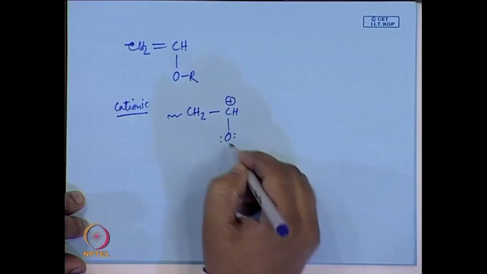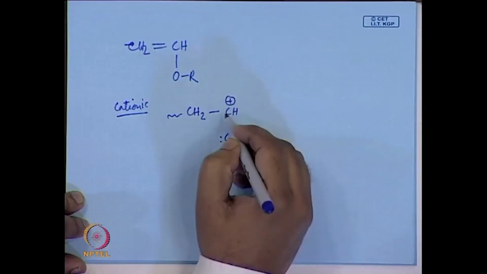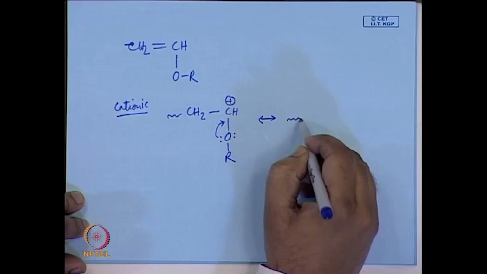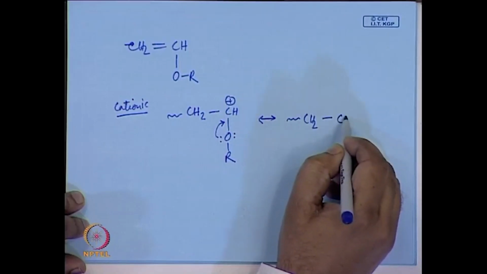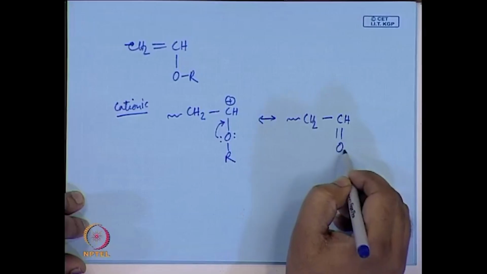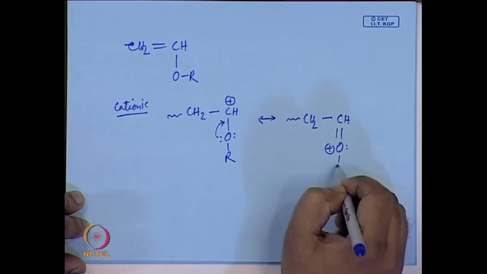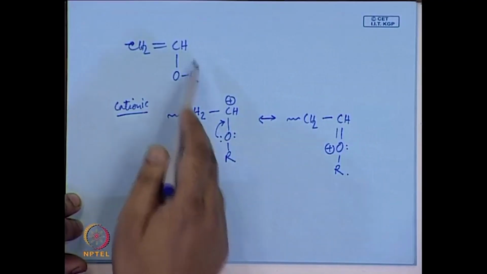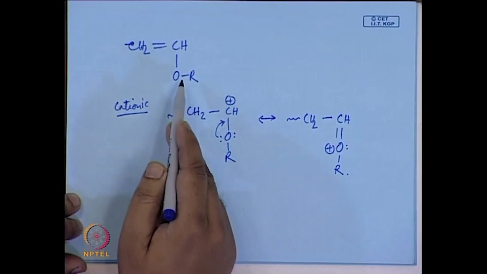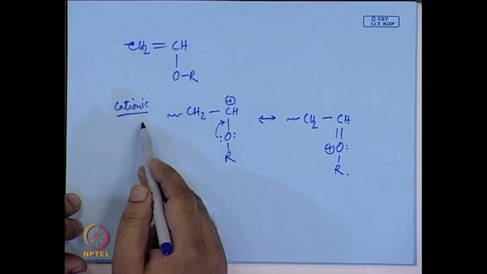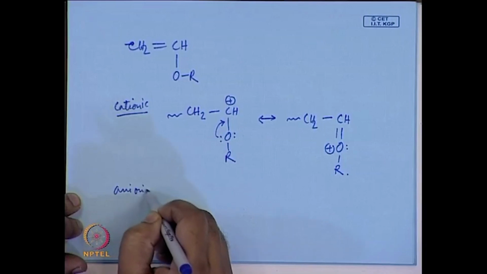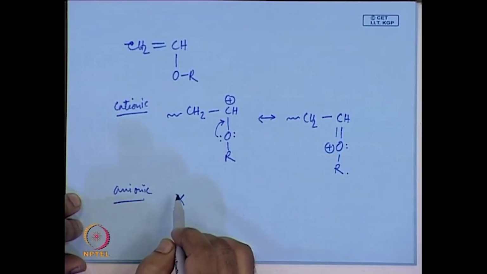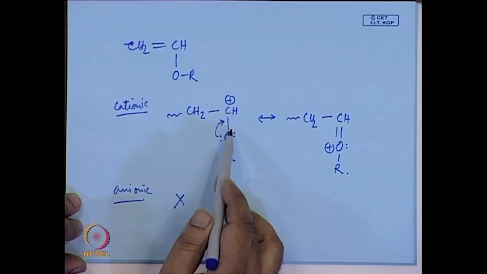Now, again this can be stabilized by resonance like this. So, if you have a monomer like this, then it can be polymerized by a cationic species. Anionic? No, it cannot be polymerized by anionic species, because if you have a strong